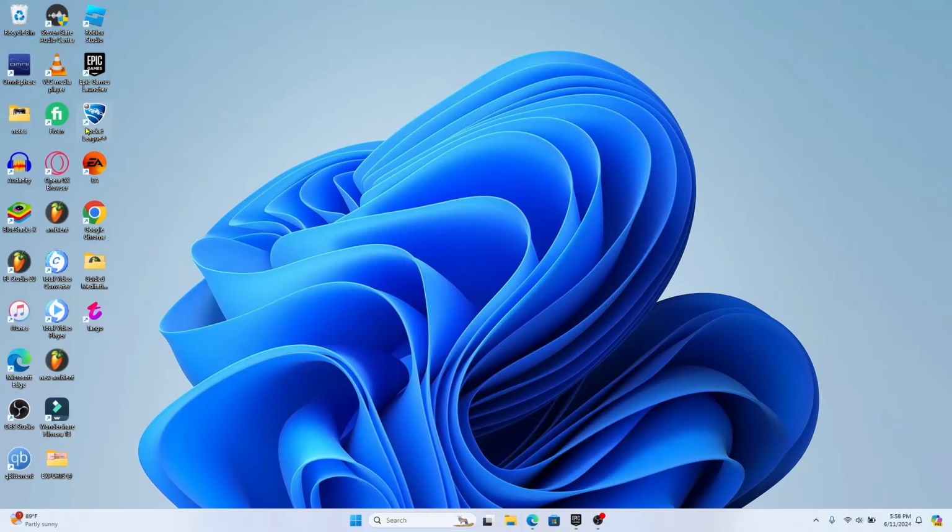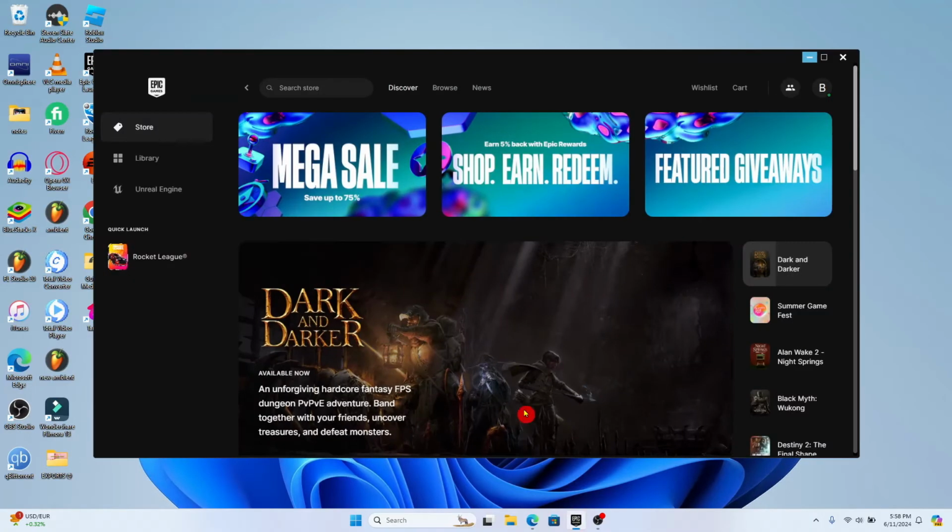Now since the Rocket League game is linked with your Epic Games account and all of the online features depend on your Epic Games account as well, you will need to appear offline on the Epic Games Launcher app. So go ahead and open up the app. And if you haven't logged into your account already, go ahead and use your email address and your password to